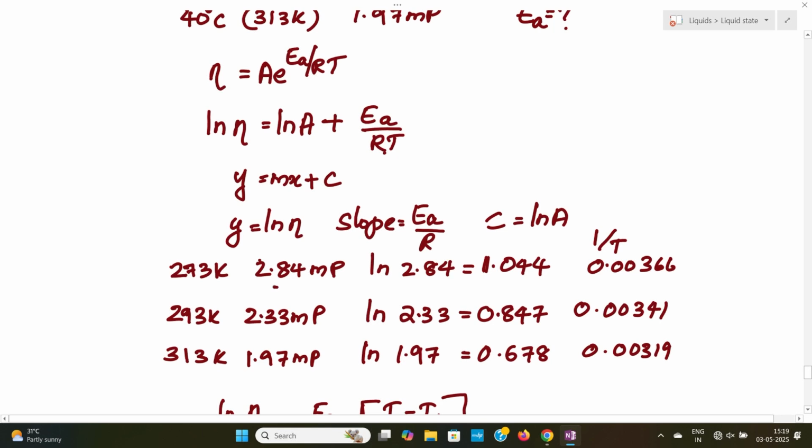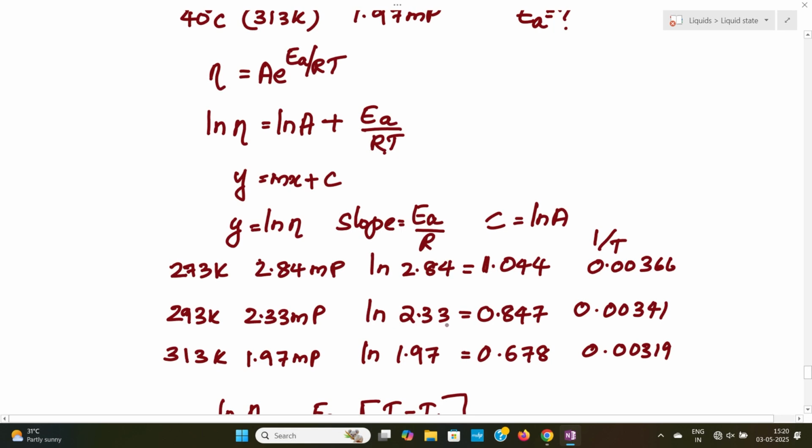Therefore, at 273 Kelvin, the viscosity is 2.84 millipoise. Here we have to find out ln eta. Therefore, here we have calculated ln 2.84, that is 1.044, and 1 by T also we should know, that is 1 by 273 Kelvin, 0.00366. At 293 Kelvin, the viscosity is 2.33 millipoise, and the